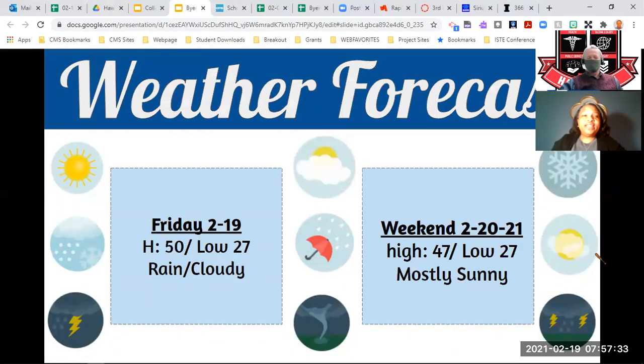So the weather forecast is going to be a high of 50, a low of 27, which is a huge difference. It continues to be rainy and cloudy today. I don't know about that chance of meatballs, but it's just been a steady drizzle. And the weekend is looking nice. At least the sky might be clear, but it's not very warm. High 47, lows in the 20s. Stay inside by the fire. But mostly sunny, so if you get an opportunity to get that vitamin D.